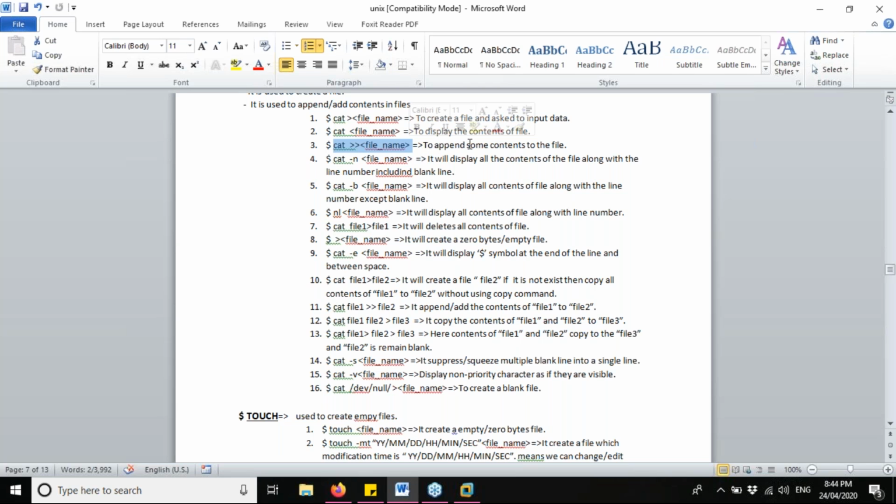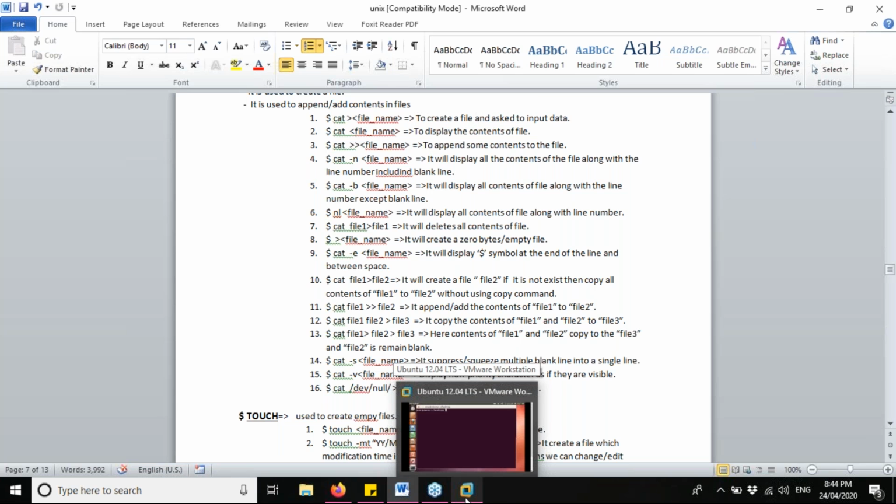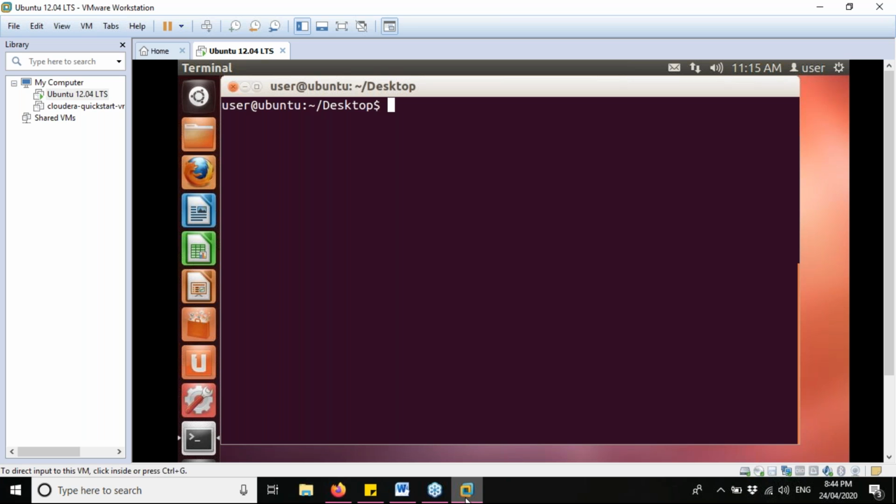It appends some contents to the file. So now we will run the very same thing. We would write here cat, double greater than signs, and then the name of the file. Now suppose we want to add something here, maybe hello there. Then we would write here, have a good day.